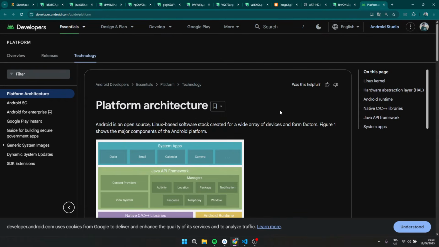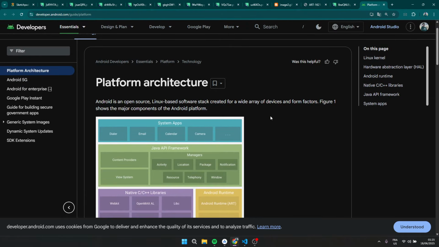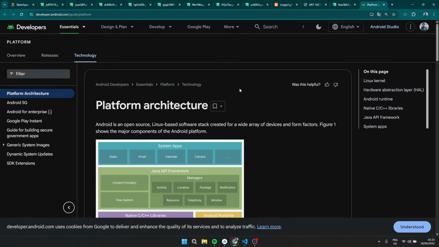To understand what the operating system is doing, you need to understand the platform architecture. And actually, Google gives us good documentation, well, good is just not enough, an amazing documentation of the Android platform.